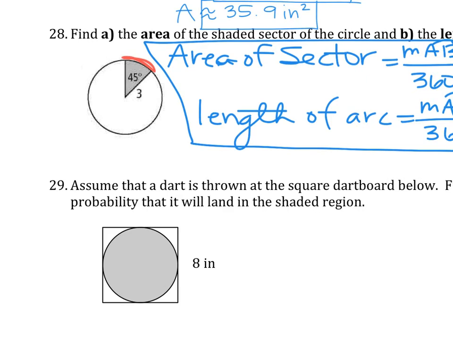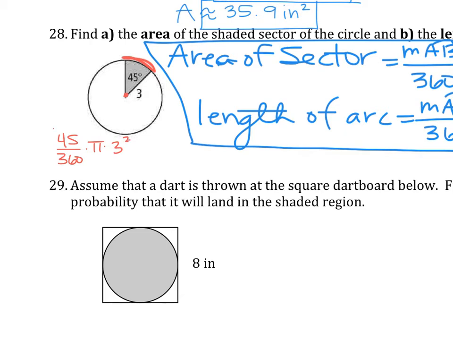Does the alpha work? No, because this is the center of the circle. So a central angle relates to its arc. How? Isn't it double? No, that's an inscribed angle. They're equal, right? A central angle equals its arc. So for area of the sector, it would be 45 over 360 times pi times the radius, which is 3,